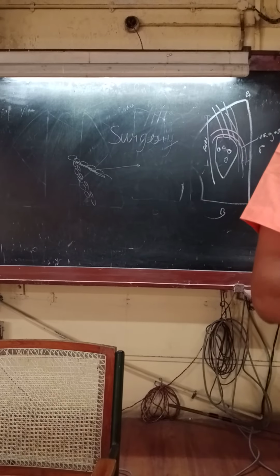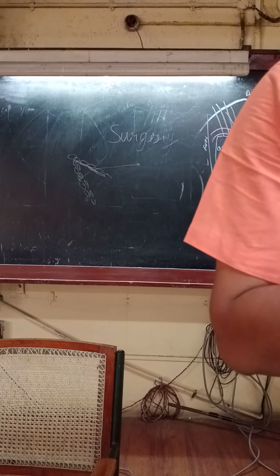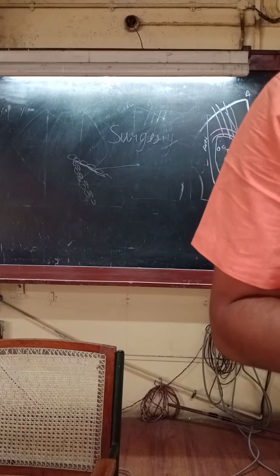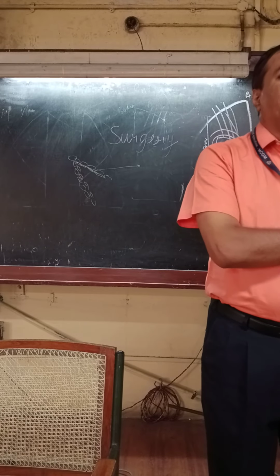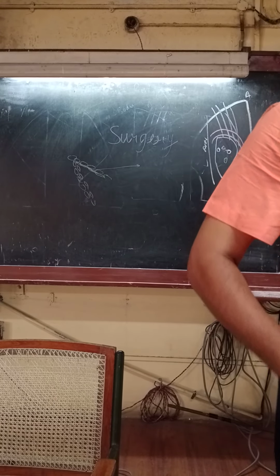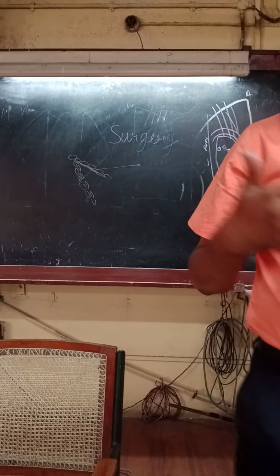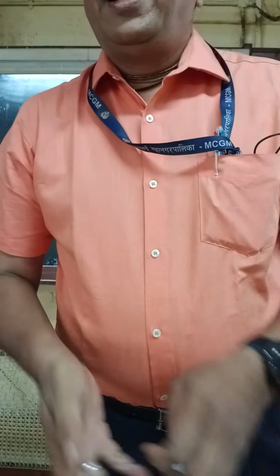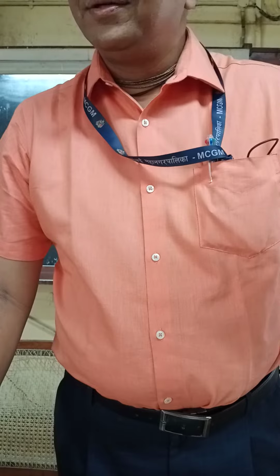So we are going to speak about the bronchopulmonary segments today. But before that, what is the blood supply of the lung? Bronchial artery. From where do they arise? There is a descending thoracic aorta on the left side. So the bronchial artery arises on the left side only. There are two bronchial arteries.